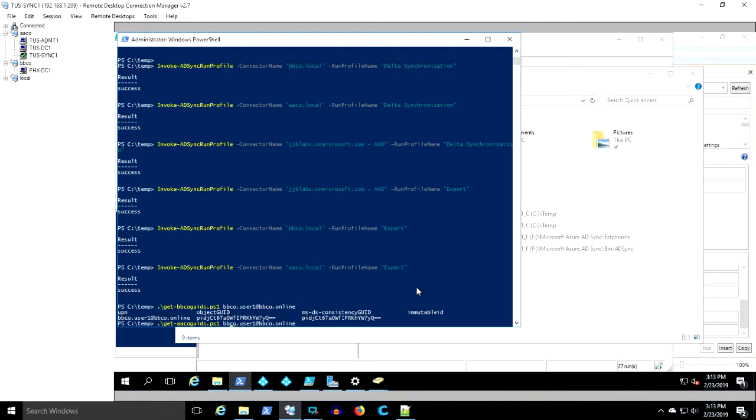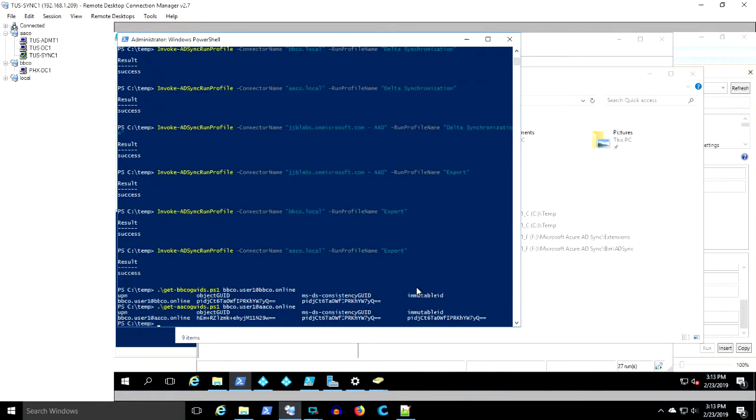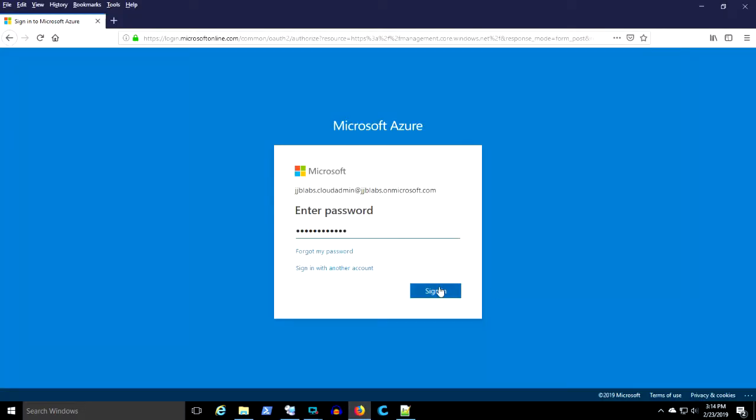AACO GUIDs, AACO online. Remembering we changed his UPN suffix, we should get an interesting answer here. Okay, so look, we can see his object GUID changed because he moved between forests. But his ms-ds-consistencyGUID remains the same, and his immutable ID matches his ms-ds-consistencyGUID, which means if we were to log into Azure AD,